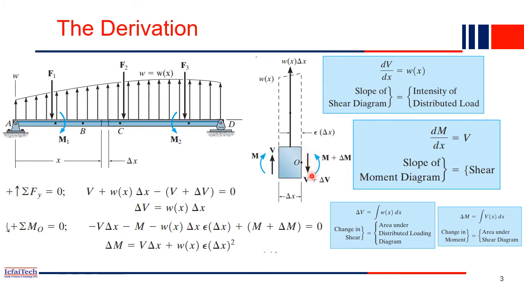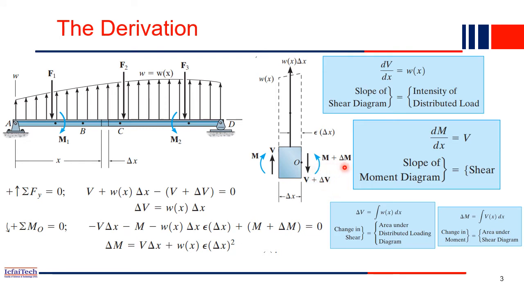on the right side of the free body diagram there will be a little increment in the shear force. On the left side the shear force was V, whereas on the right side the shear force increased a little to V plus delta V. Why is there an increase? Because there is an increase in the concentrated force here, Wx delta x. So this force increases from left to right. Here it was V, but when you come to here, there is extra load added. That's why there is also an increase in the shear force, delta V.